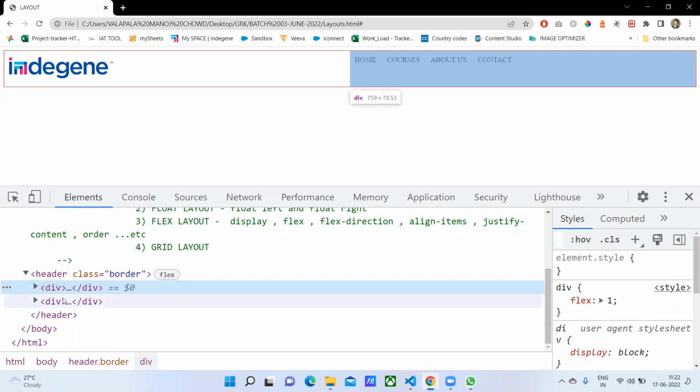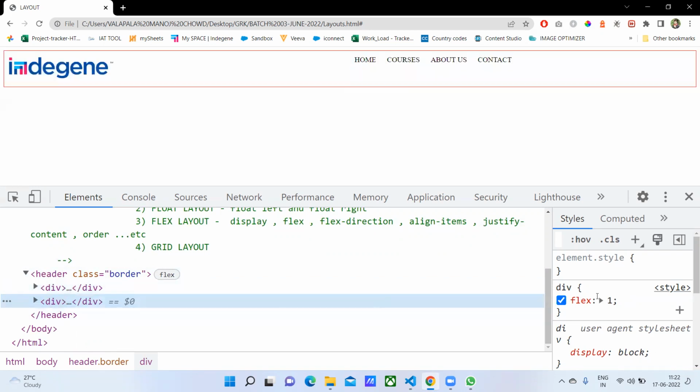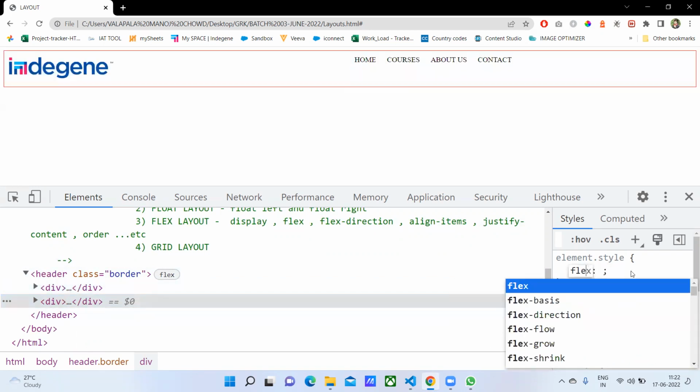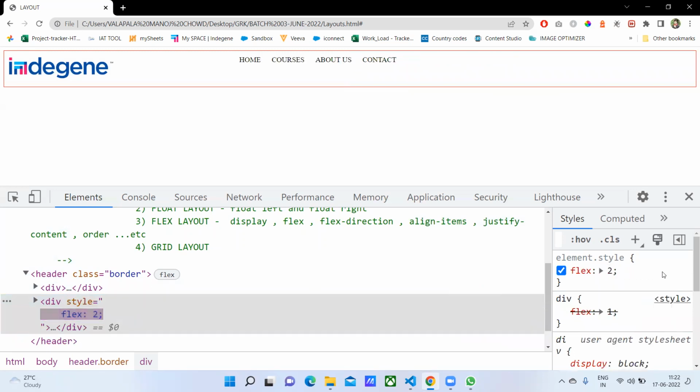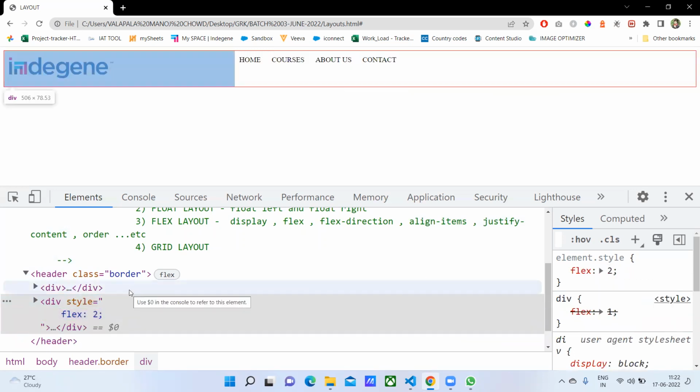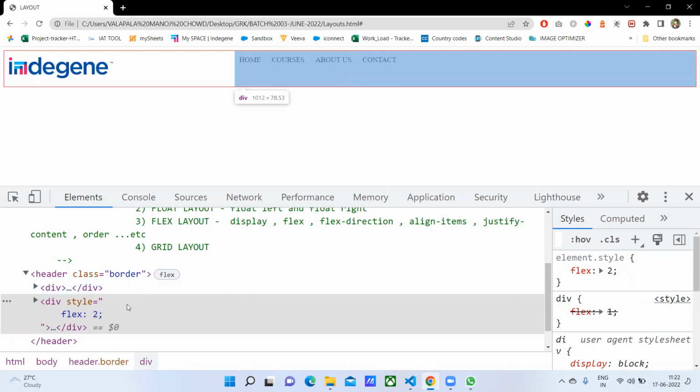So then what can I do? For the second element, I'll make flex as 2. So now if you see, the image is taking only 25% and the links are taking 75%. So simply to say how this flex property works is,